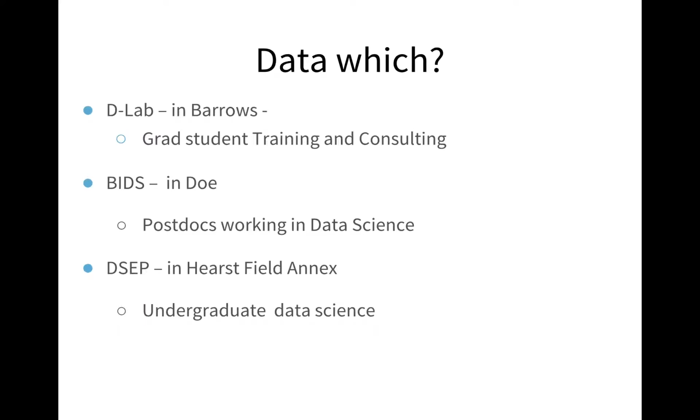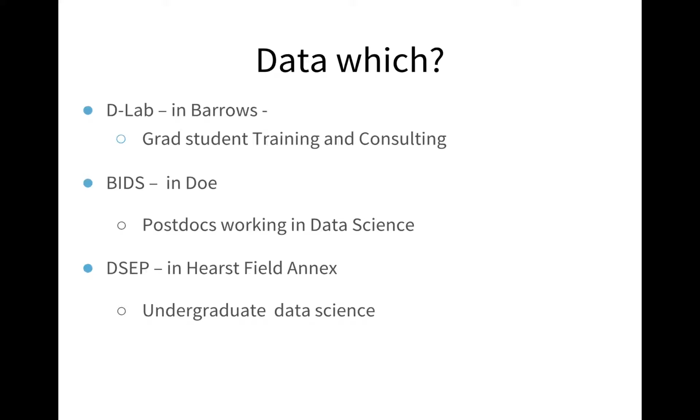First of all, there are a few different places doing data science, and so a little bit of nomenclature because it's confusing. The D-Lab. Does everybody know what the D-Lab is? D-Lab is for training graduate students to be awesome and have the tools that they need. You can go for a 2-hour class. You can go for a week-long class. If you want to learn Python, you want to get better at R, you want to do machine learning, there's something for everybody there. So go to D-Lab, learn more.